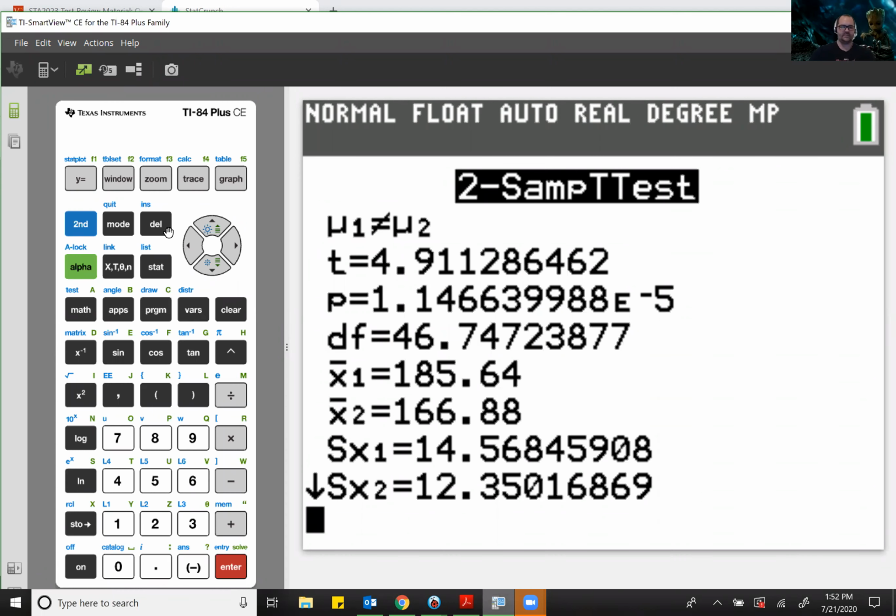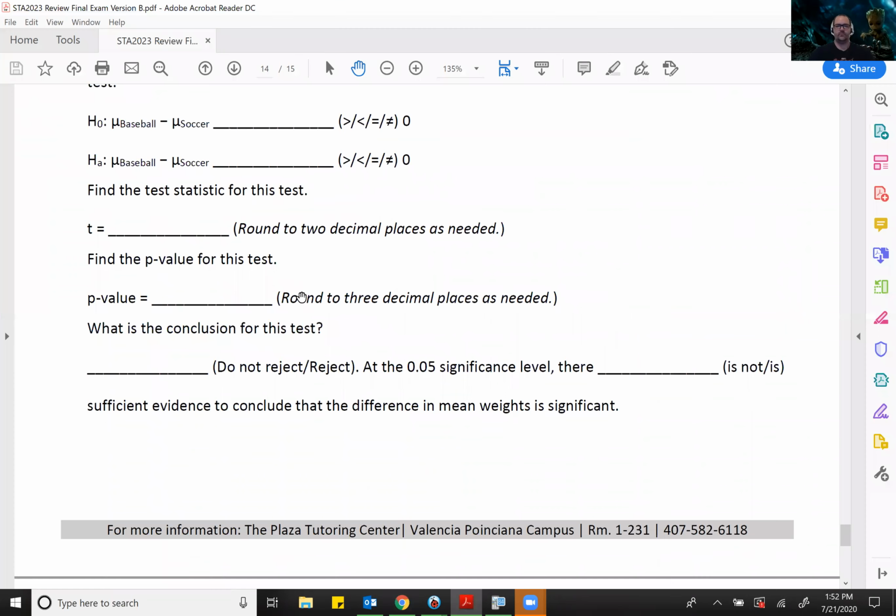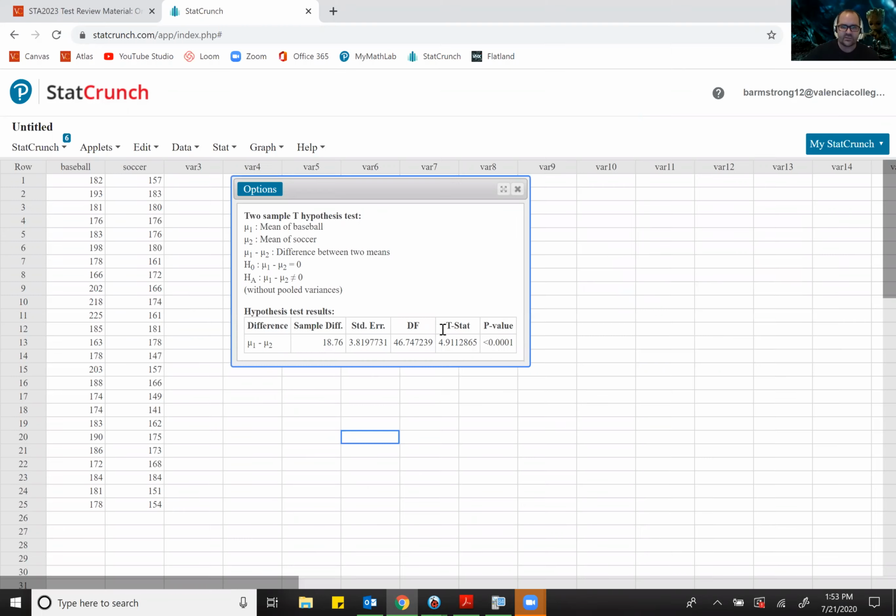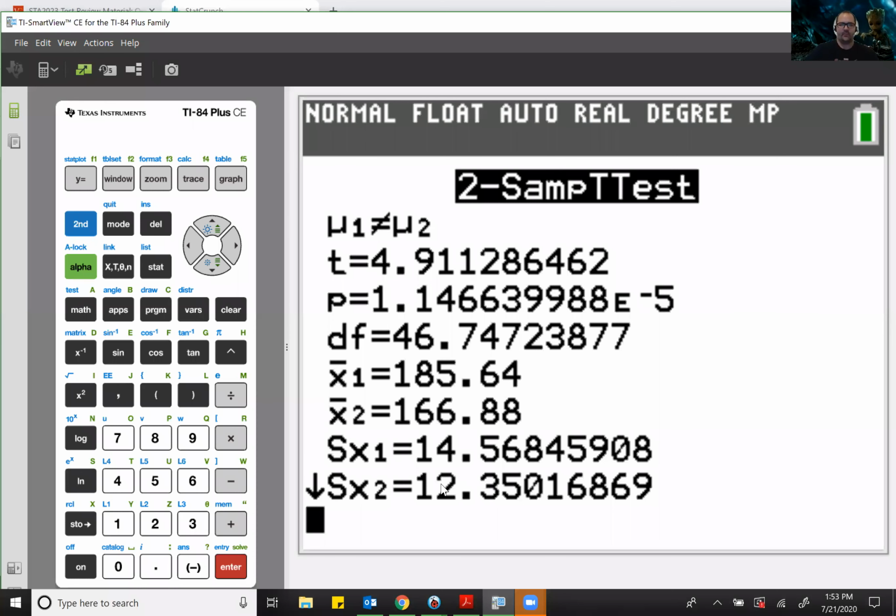So it says, what is the t-statistic? Two variables. So t is equal to, I like to use StatCrunch. So I can get rid of these. I don't need those up here. StatCrunch, the t-stat is 4.91. Rather, to 2 decimal places, which matches over here, 4.91. Okay, now let's talk about this piece right here. This is probably where the calculator is a little bit better. This actually gives us the p-value, which is